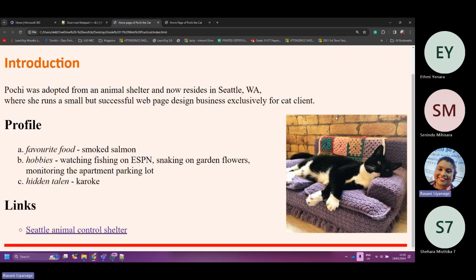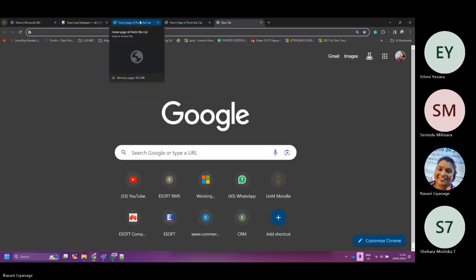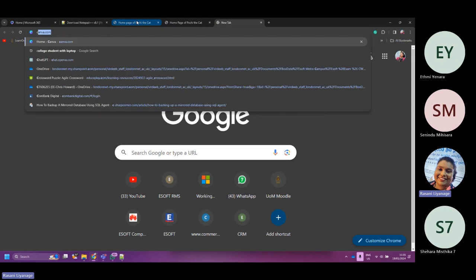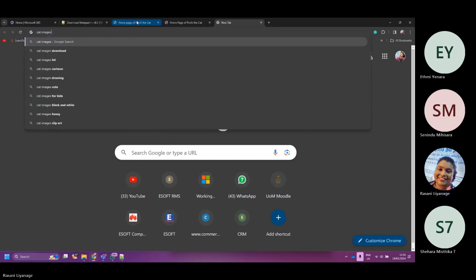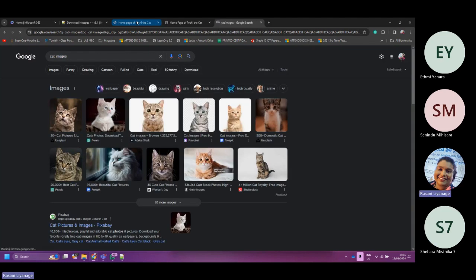Right. Now, shall we put the picture? To put the picture, we have to find a cat. I do have a cat with me. This is Pochi. Just Google for a cat, or if you have a cat at your house, your own pet, please use it, no problem.